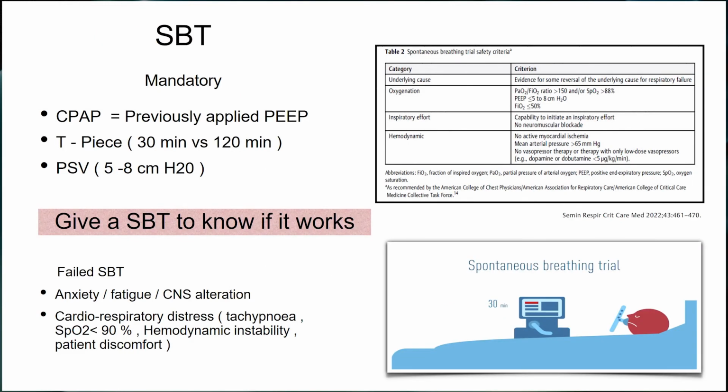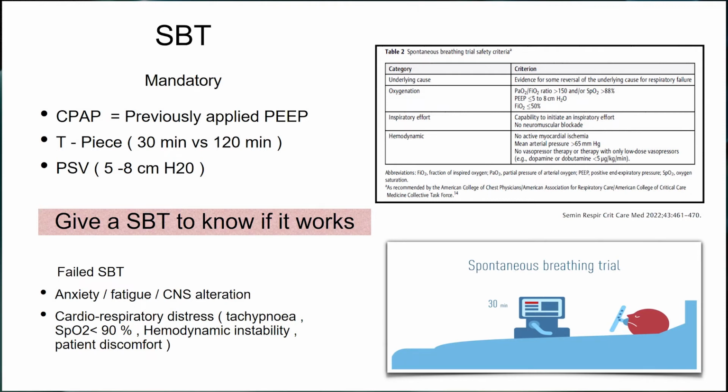A spontaneous breathing trial is mandatory. Before you subject a patient to extubation, we need to look at whether the patient is able to breathe with the least support. How do we give it? Either through CPAP, pressure support, or T-piece. Again, it's a debate. The guidelines recommend that probably having some sort of inspiratory support is better than not having, whereas some believe that the T-piece replicates the real-life conditions when the patient is off the ventilator. The only point we need to remember is you will not know whether a patient is going to tolerate a spontaneous breathing trial until and unless you give an SBT.